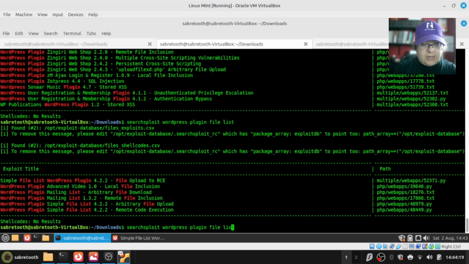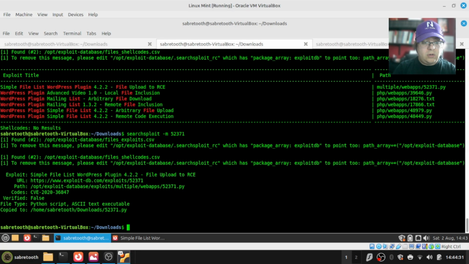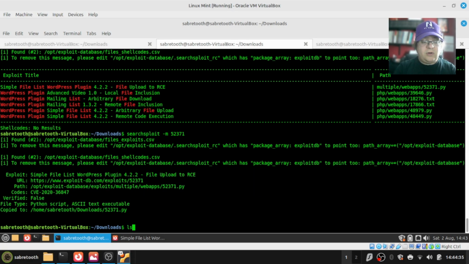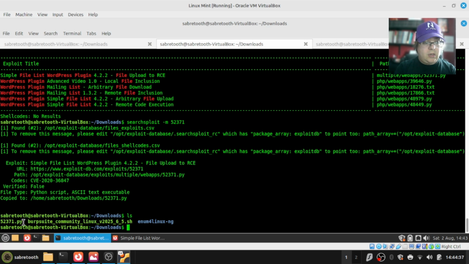But what you can do is searchsploit, and I think it's M. I could be wrong on this. I think it's M for copy, and I can put in the number 52371. And what that's done, it's taken that, not moved it, it's copied it to my current directory. Alternatively, I could do